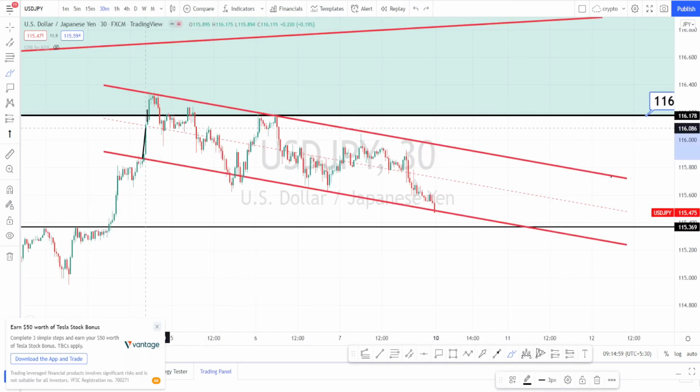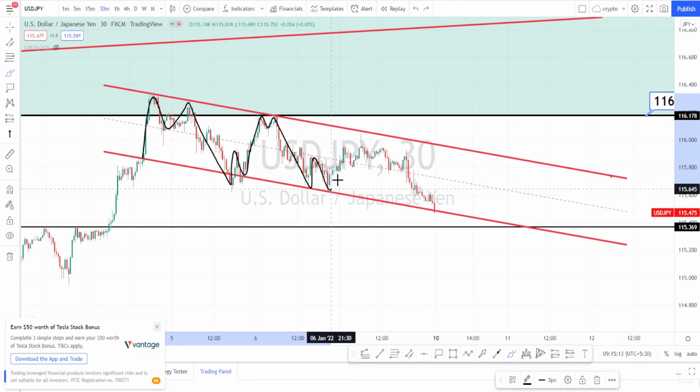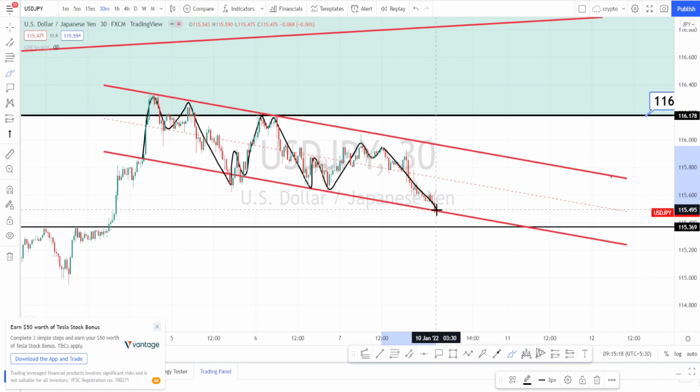Within this channel pattern also, you can notice that price is forming double top pattern and then forming a double bottom, then going and testing the resistance line and forming a double top, again double bottom, and again forming a double top. So you can wait for it to form some sort of pattern, then go on a opposite side trades. So here also I am expecting the price action to form a double bottom, then go on a bullish side, form a double top, then go on a bearish side.